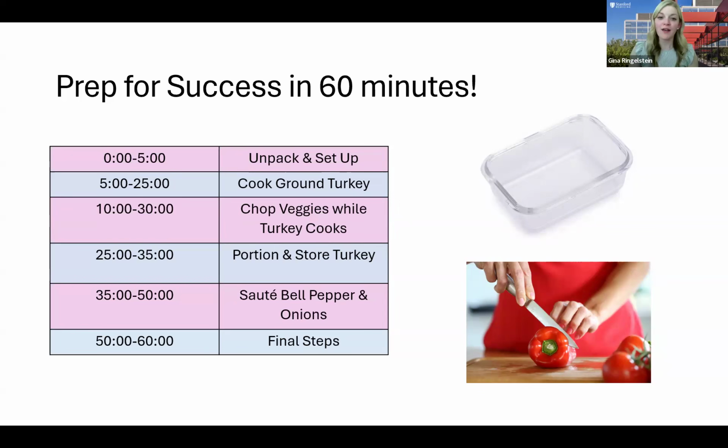Now, while you're chopping up your veggies, your turkey is going to eventually be done, and you're going to portion that into 2 different containers, let that cool, one for chili, one for Taco Tuesday, and set that aside. And then you'll go ahead and you'll prep your bell peppers and onions. And while you're cooking that, you'll then again let it cool, set it aside into different containers. And then that way you have things that are already semi-prepared and ready to go.